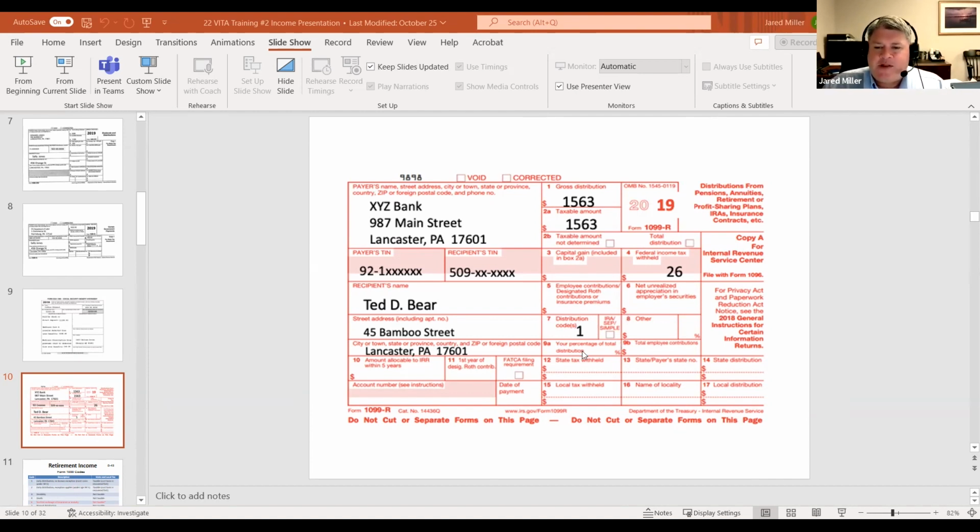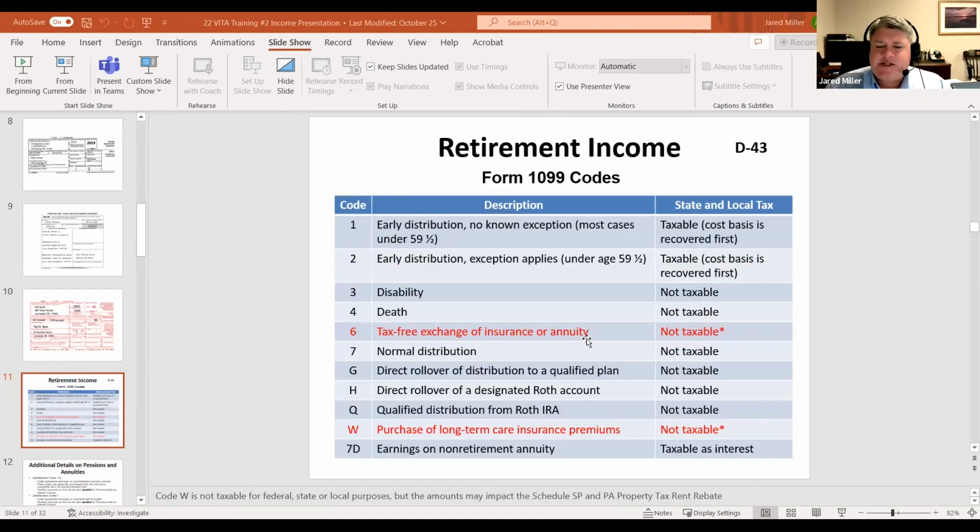And for our purposes here, we're showing the one code you really do not want to see when you're preparing a return. That's going to be code 1. So these codes I have listed here in your slide activity, that's actually also going to be found on D43 of your 4012. These are the more common ones we're probably going to see within VITA. The one we really don't want to see is going to be that code 1.